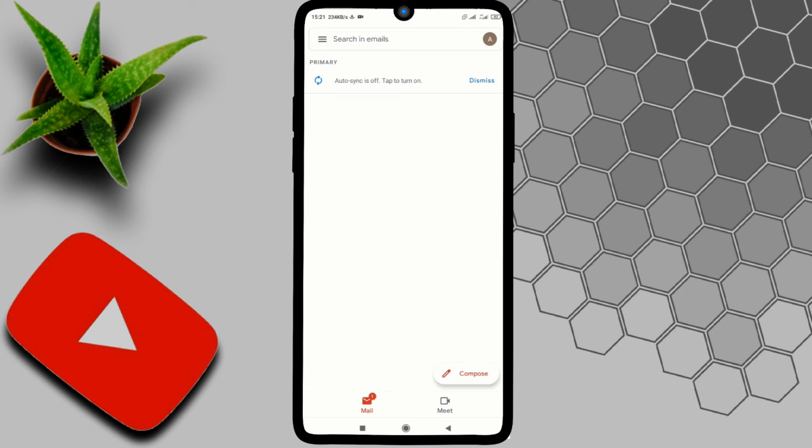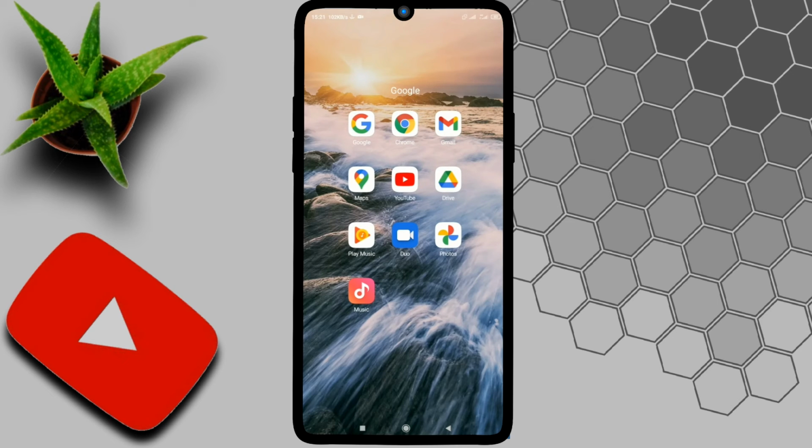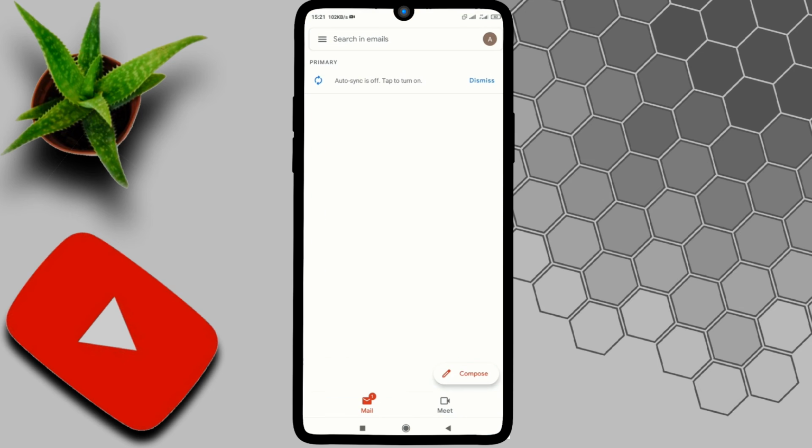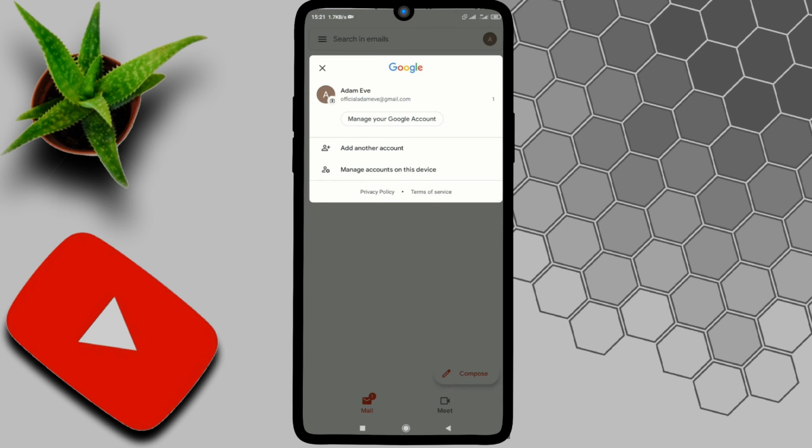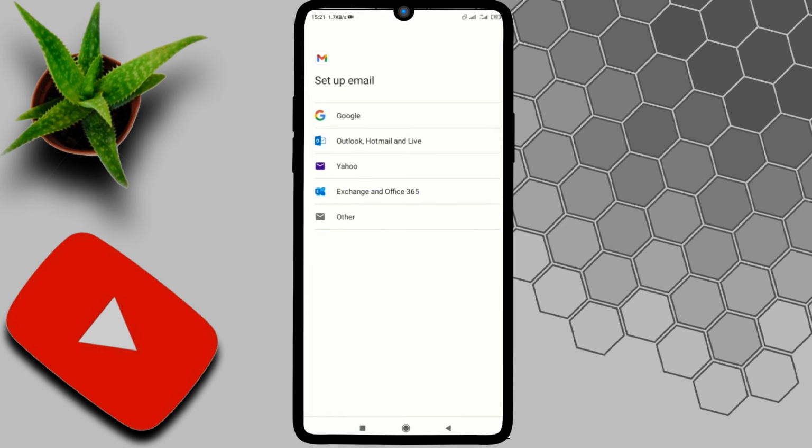And then if you already have a Gmail on your account, but you want to create another new Gmail account, it's not hard. You just have to open your Gmail account and click right here and click on add another account. Then whether it's Yahoo, Google, Outlook, Hotmail, any other email you want to set up, you click on it. For me, I'll be choosing Google. Click on Google again.